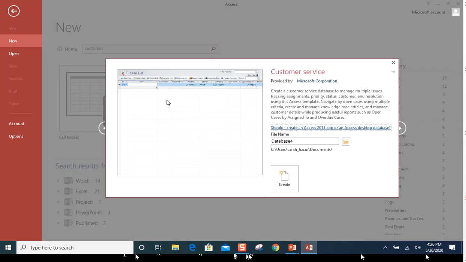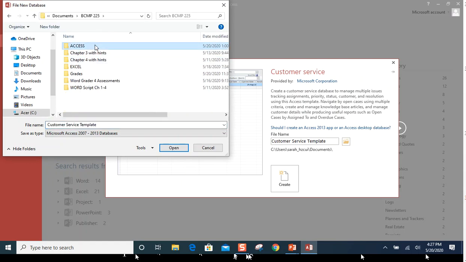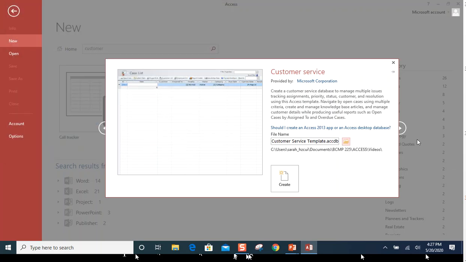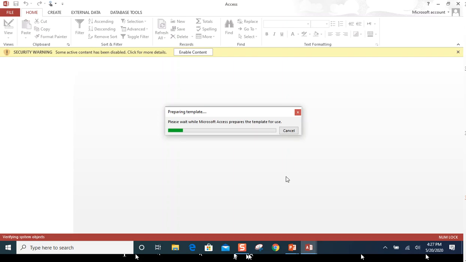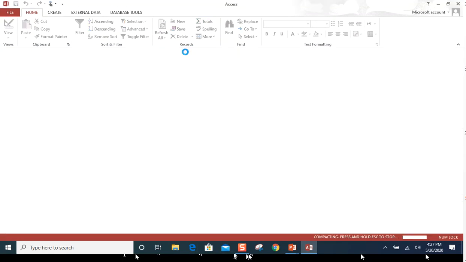It takes me to the template. It asks me then to give it a name. I will say customer service template and save it somewhere. So again, let's just save it to be CMP225, access, videos, save. Okay, so it's saved it now. If you notice here, it has changed it to the place where I saved it on my computer. I'm going to say create. Takes a few seconds to create a template. And once it's created, enable content